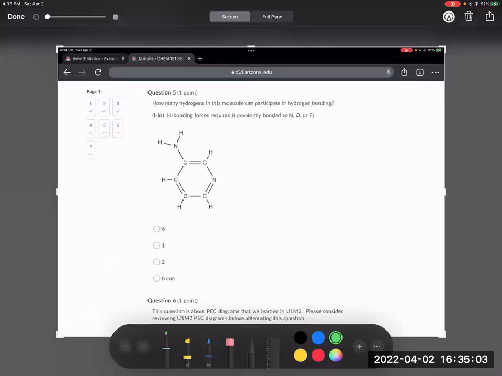You have these 2 hydrogens bonded to nitrogen. Therefore, they can participate in hydrogen bonding interactions. For an example, it doesn't specify with what molecule. Say that with a water molecule. If you have a water molecule nearby, then let me draw the water molecule. The oxygen of that water molecule can interact with this hydrogen to have a hydrogen bonding interaction,